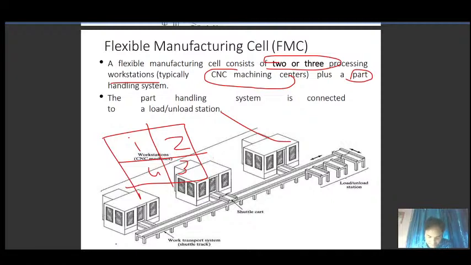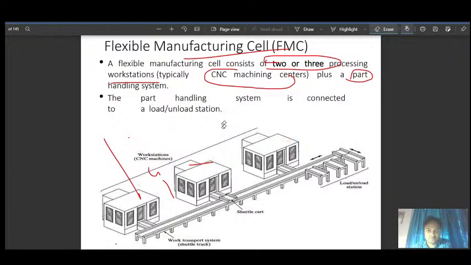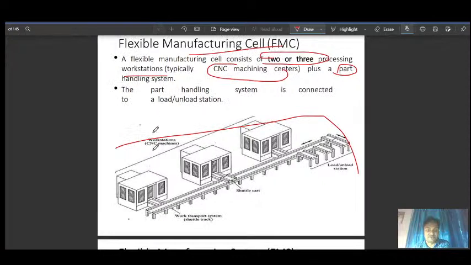So in area 1 you will have 2 or 3 CNC centers. In area 2, if all are part of a flexible manufacturing cell, then each will have 2 or 3 CNC machines. And when a machine is there, that becomes a workstation. That means these 3 machines are, say for example, in area 1.